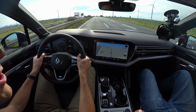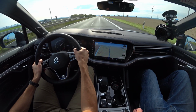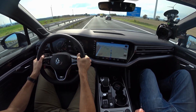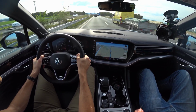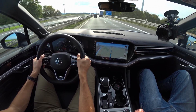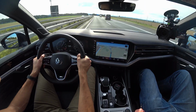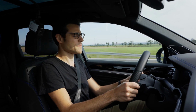Once again, lane change here at higher speeds. You can see that the car remains pretty stable, although we don't have the roll control. It would have been sportier with the anti-roll control, but here it still remains really upright. And again, even though we have the 22-inch wheels mounted, it still delivers a good comfort. So sportiness and comfort are both given, but once again we can say that the Touareg is rather the comfortable one. If you compare it also to the Audi and the Porsche, the siblings, they want to be sportier, the Touareg more comfortable. At the same time here,